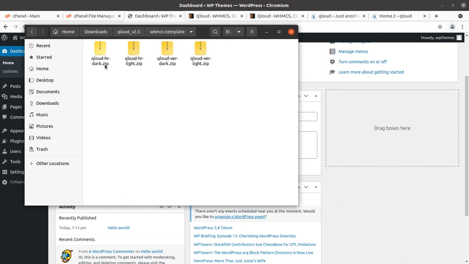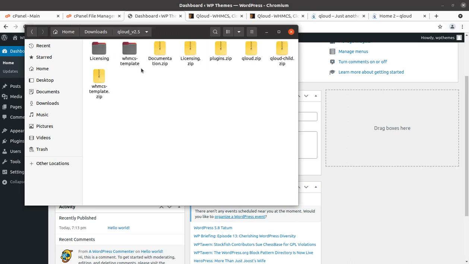WHMCS templates have been given. 4 templates are here: QLoad version light, dark, and HR light, and whatever. So all these things are available in the theme pack itself, and we shall be using these files in our installation process.